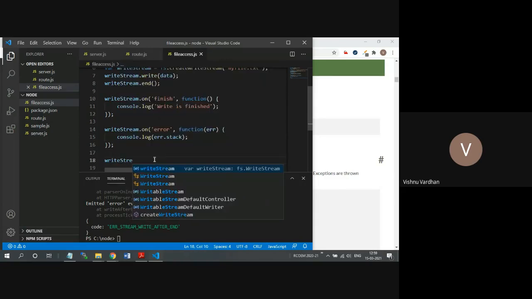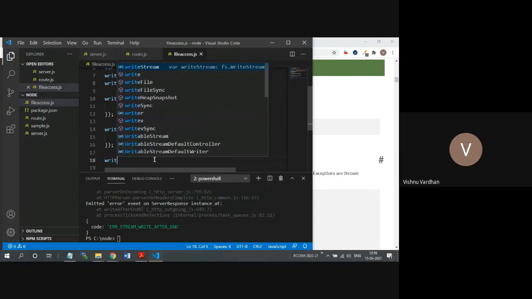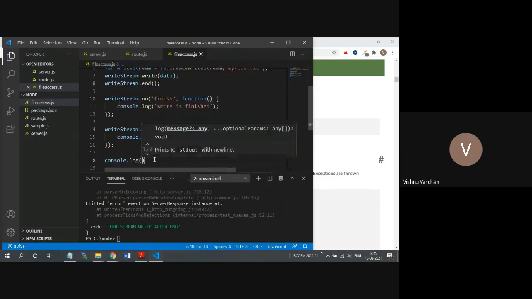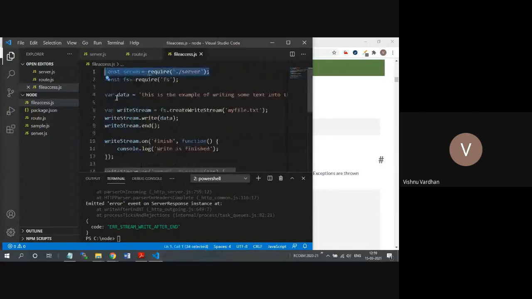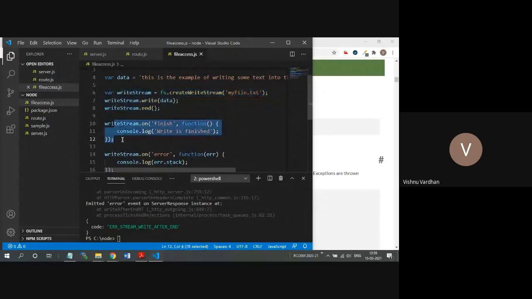Not only that, after everything is over, you simply want to know whether everything is properly completed or not. So this particular program is ended. So what we have done is we have taken the server's functionality, we have taken the file system functionality, then we have taken one text content, opened up our write stream by calling fs.createWriteStream, passed our own file name, written that data, and you want to listen to that callback.